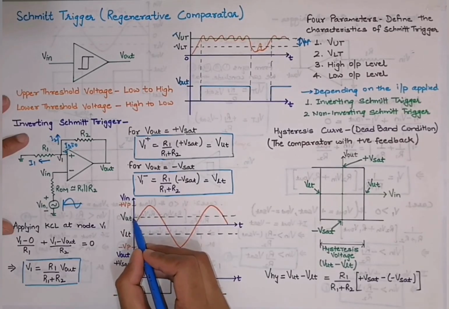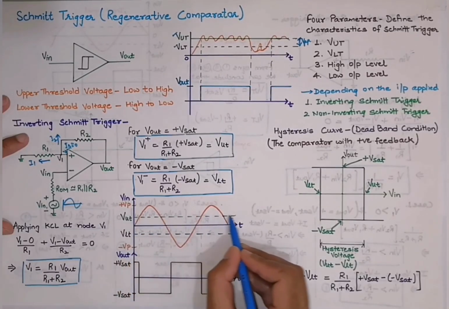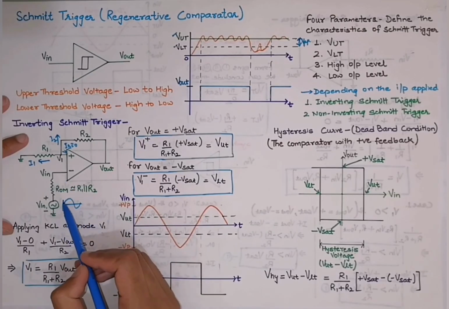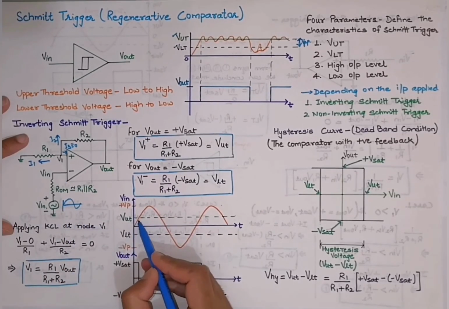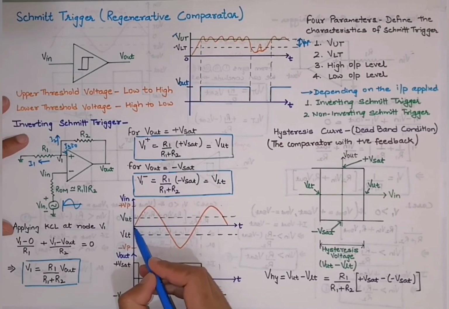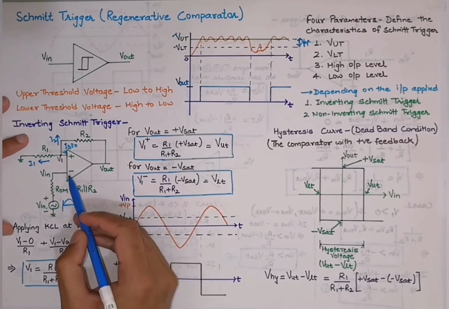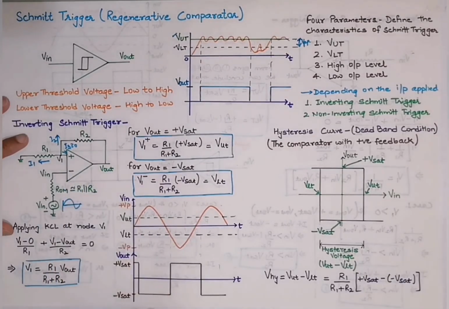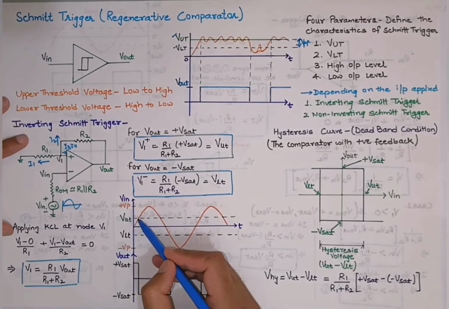This means my voltage at the non-inverting terminal is at this level. If the input signal is below this level, that is, in the duration from this to this, the output will definitely be plus V saturation, because the input signal applied at the inverting terminal is lesser than the input at the non-inverting terminal. And as it has increased from this level,